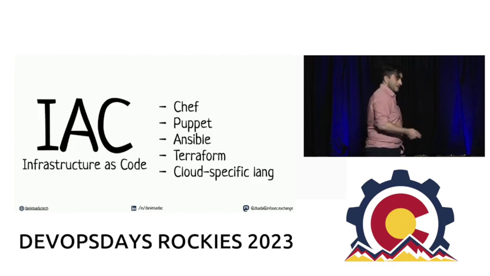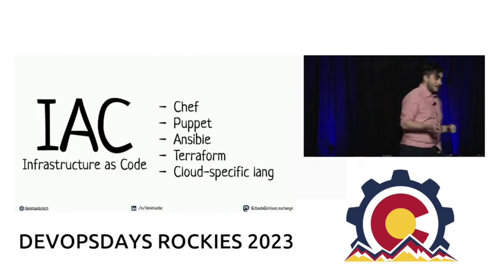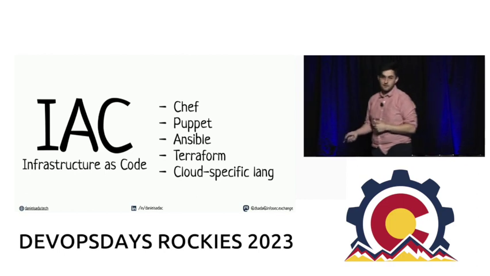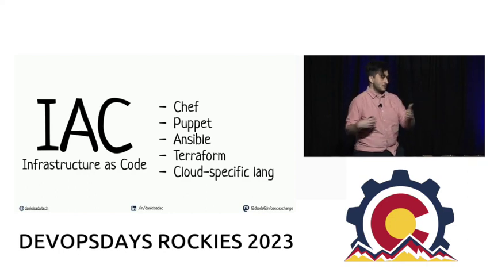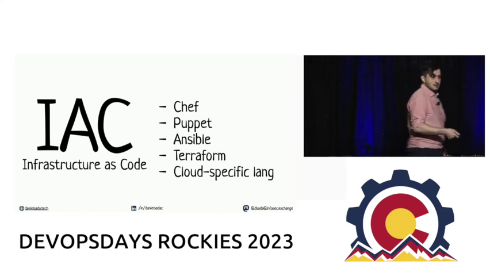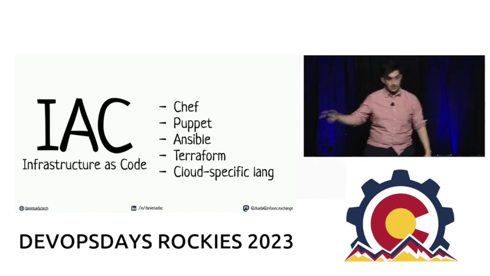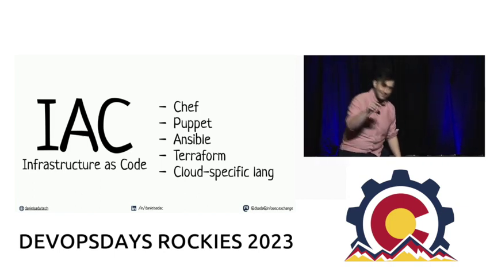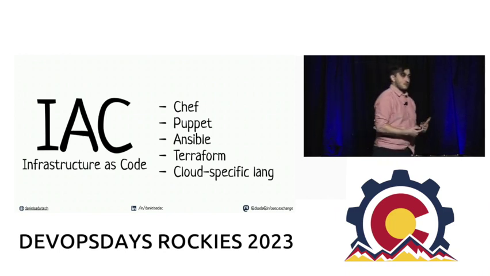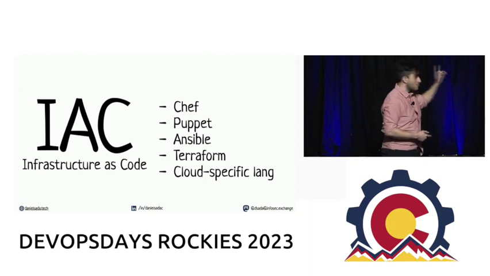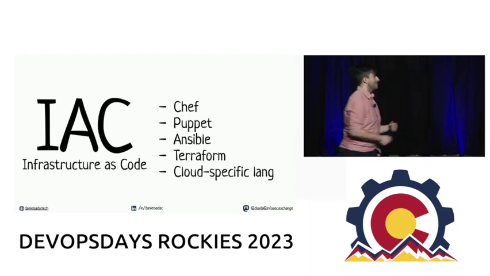If you want to try infrastructure as code, try Chef, Puppet, Ansible, Terraform, or anything cloud specific. You can use any cloud out there. You can provide a set of instructions to deploy to your environment, and you can put them in Git. So if one developer changes the environment, we can know exactly who changed it and for what reason. We can have pull requests, and we can have gated automation on these scripts. So that's why we want to have infrastructure as code. Let's go to the next topic.